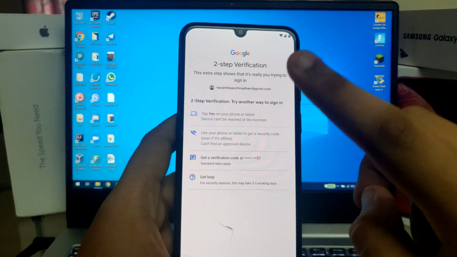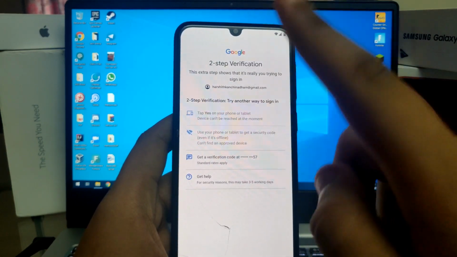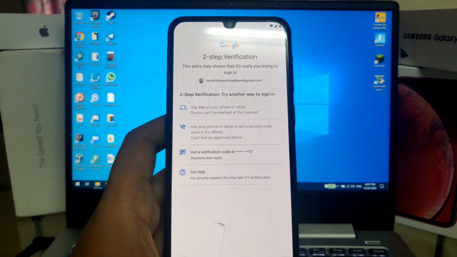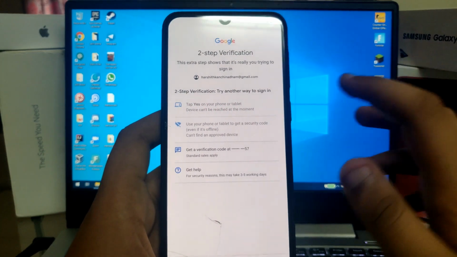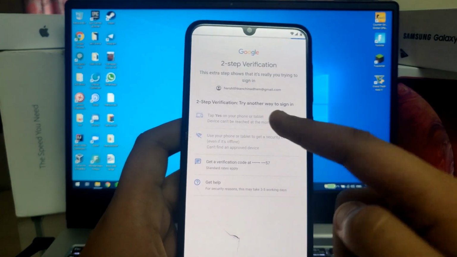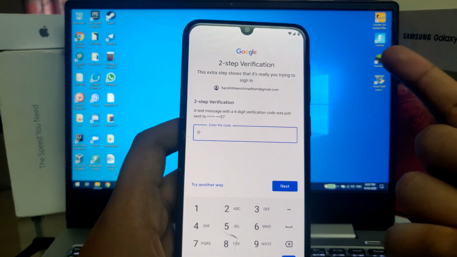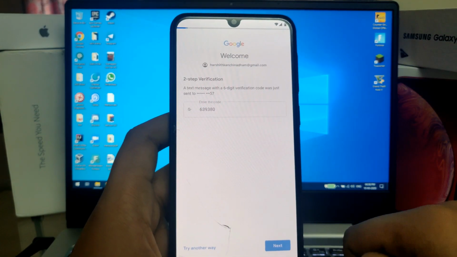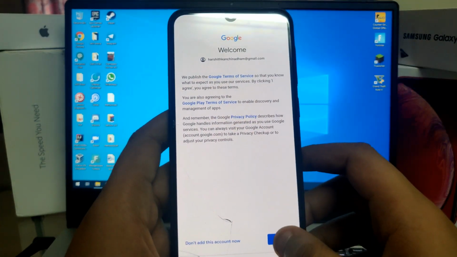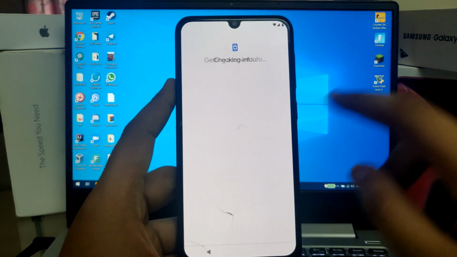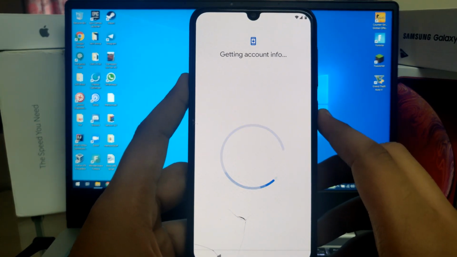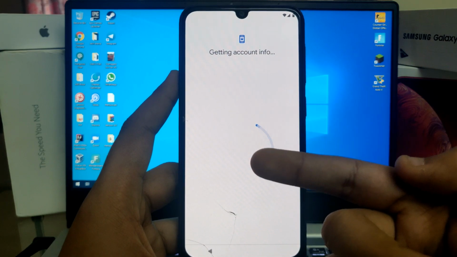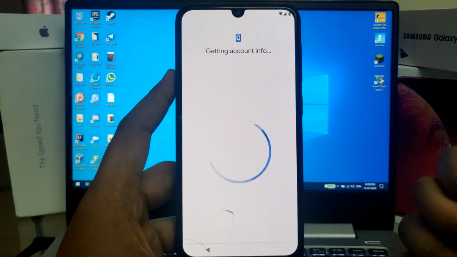If you have enabled two-step verification or authenticator, you'll have this. If you have another device, you can tap yes, it will automatically pop up. So if you haven't tapped it, you'll get an SMS to your main SIM. So it automatically recognizes it, and you just agree to everything in this. It will take some time to restore your apps into this based on your internet speed and connection.